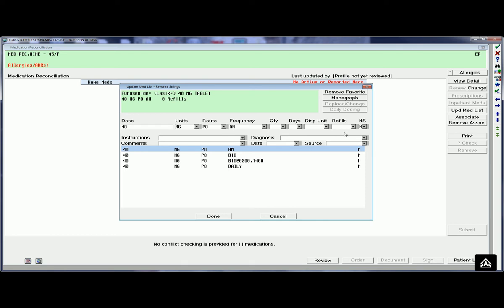We are currently not using these fields, and we are currently not using this field, and we are currently not using the date field. If the patient states that they take a medication with specific instructions, you can click on